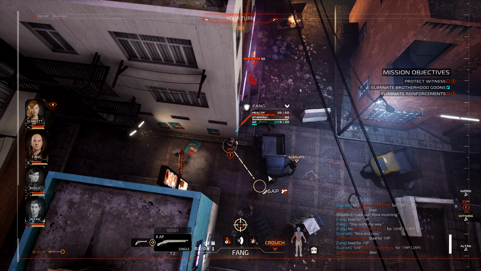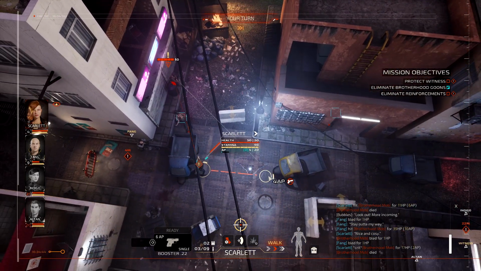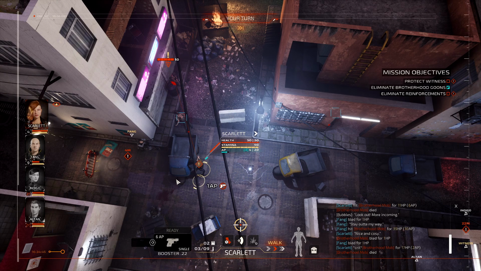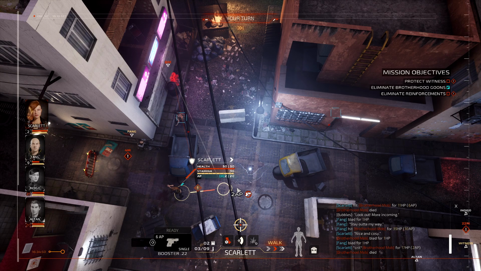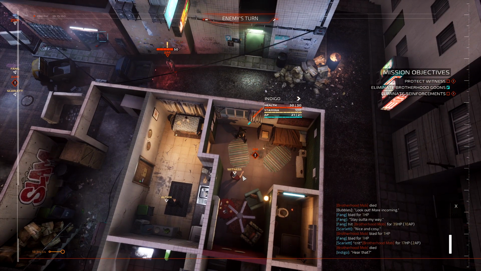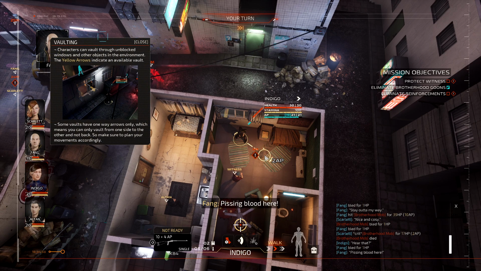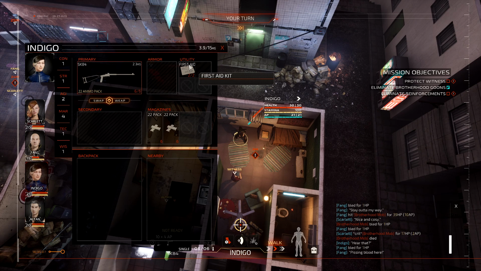I think I'm going to crouch. He's bleeding, but it seems like he's bleeding really slowly. And what I'm going to do is I'm just going to use a couple of her action points to come back here. Pissing blood here. I know, man. I get it. I do get it. It's just frustrating because...